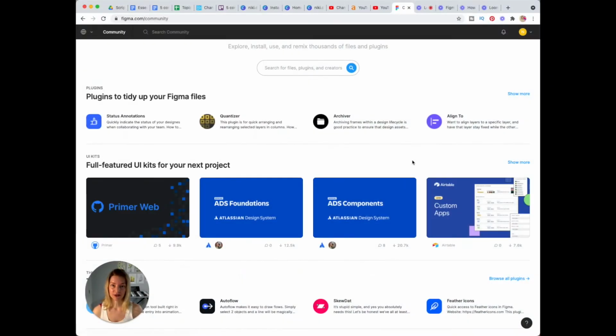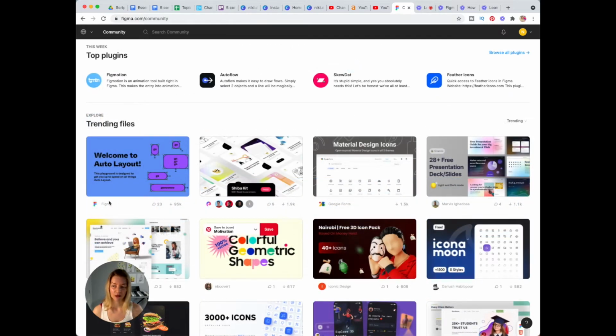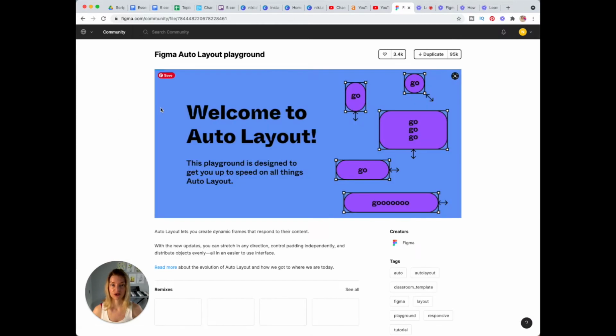So what I learned based on my last few years of experience with Figma, this is kind of a hit and miss, or it was in the past, it was kind of a hit and miss. Check how many people duplicated this file and what kind of comments they added. For example, this is done by Figma itself, so we assume this is pretty good, so I'm just going to check this one out. It's also a trending file.